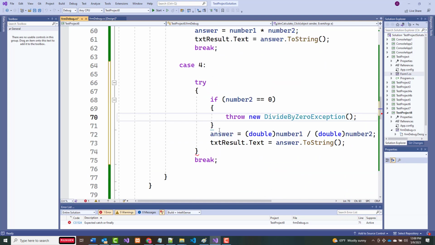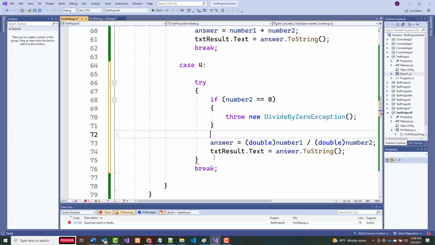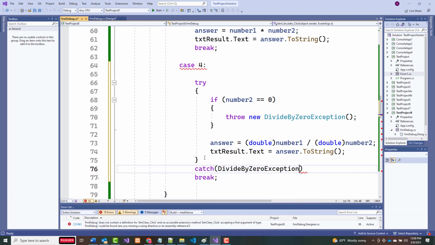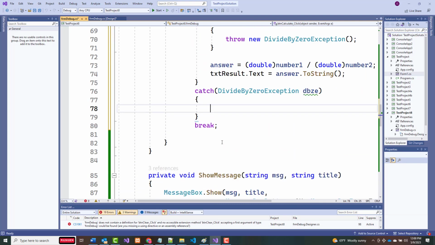All right, if it gets down here, it wasn't. So down here, I'm going to do a catch, and I'll try to catch 2 of them. I'll try to catch first a divide by 0 exception, and if that's the case, I will again do my show message,